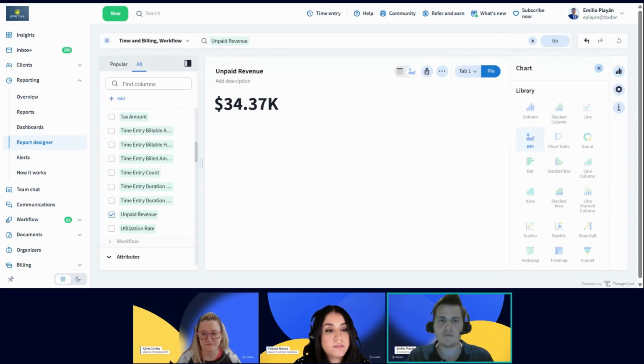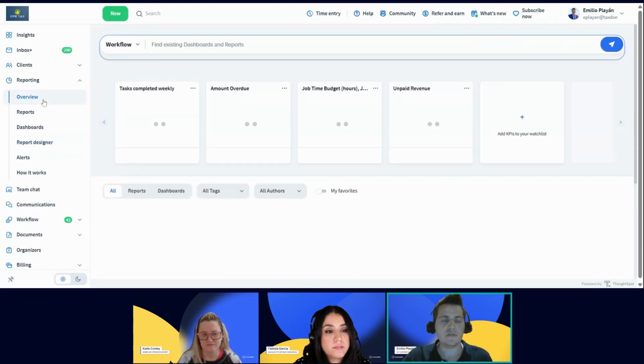So this is the only thing that you need to do. Just create one measure, make sure that it's a KPI, and pin it to the dashboard. Once you have done this, that's it. You don't have to do anything else so far. Then you will need to go into the overview,